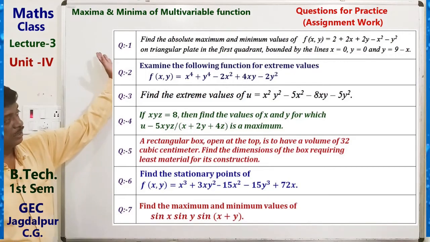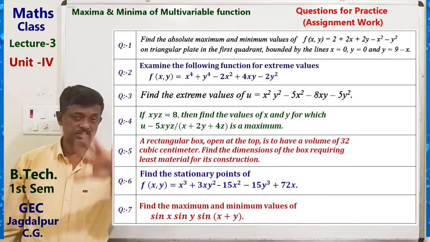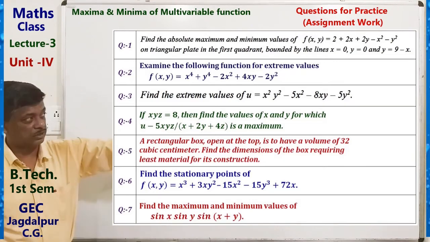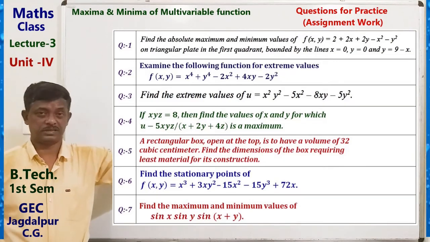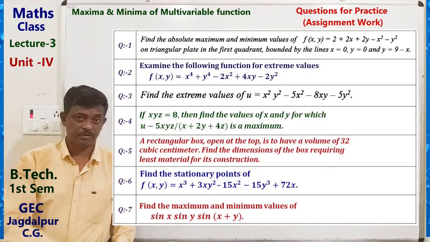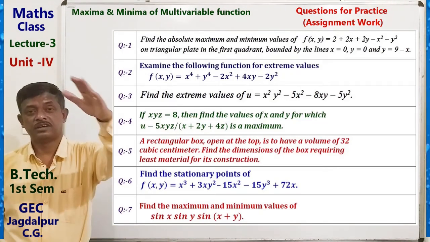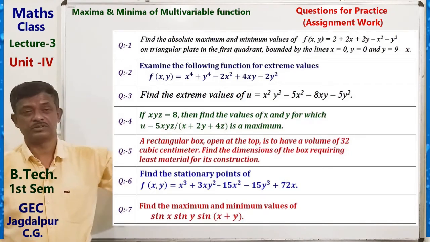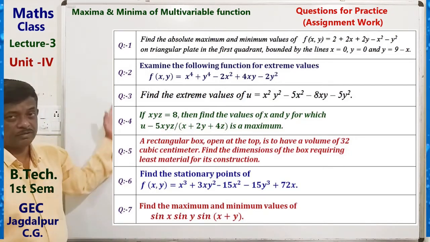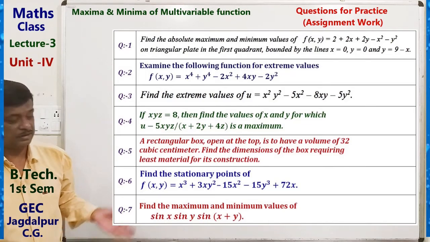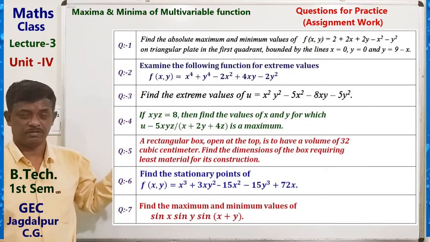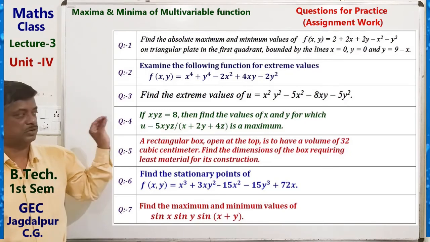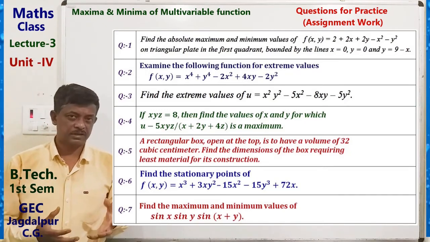If there is a function of 3 variables and another relation is given, then you can convert the main function into a function of 2 variables by using this connected relation, and then you can proceed just like cos A cos B cos C. As a function of 2 variables, you can find del f by del first variable, del f by del second variable, and put them 0,